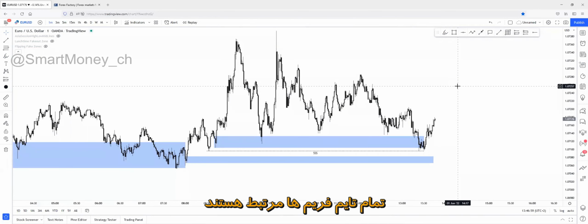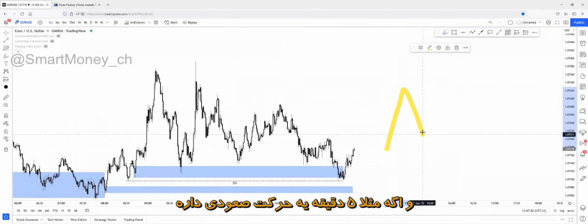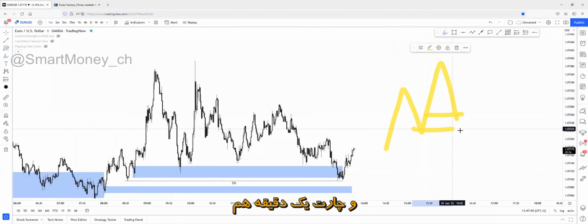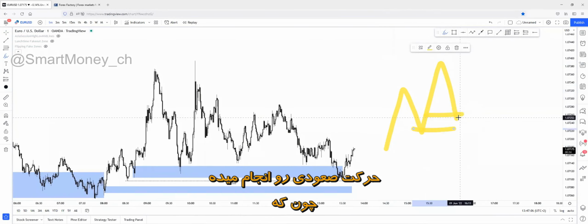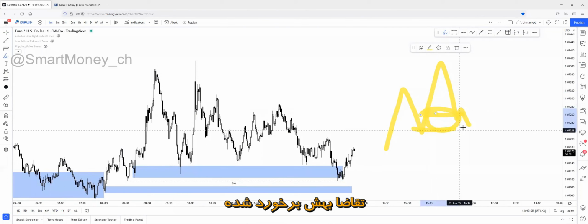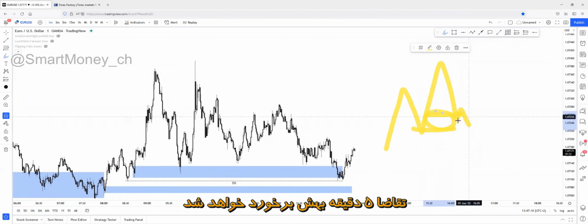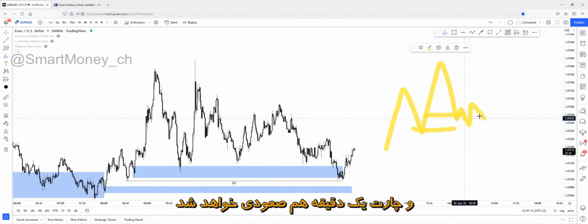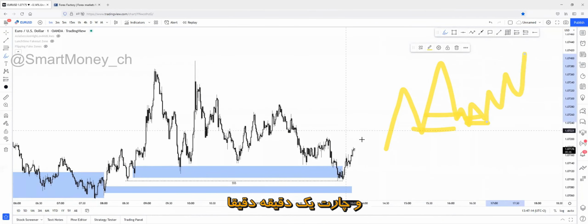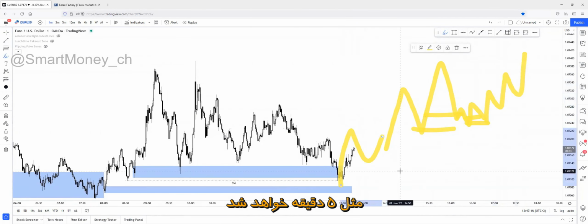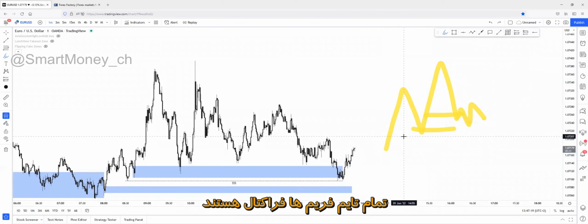If the 5-minute is, for example, doing a bullish structure, and there will be a 5-minute zone, then the 1-minute will be doing the bullish structure too, because if the 5-minute demand zone tap will happen, then the 1-minute will turn bullish too, and will do exactly the same as the 5-minute. All of the time frames are fractal. So yeah,